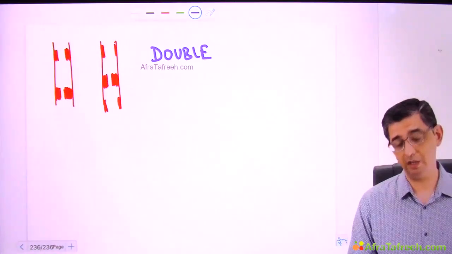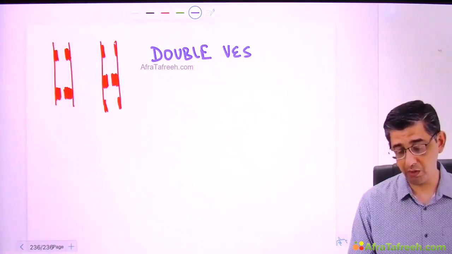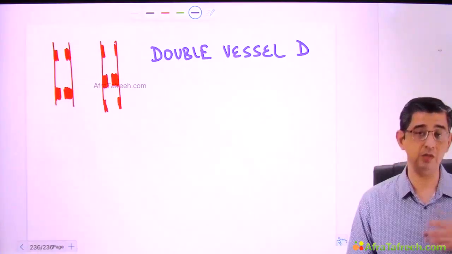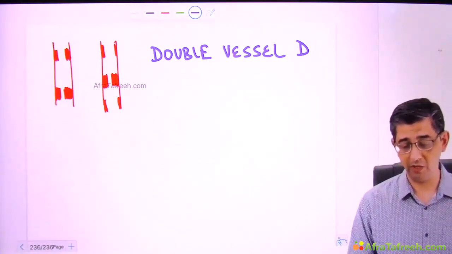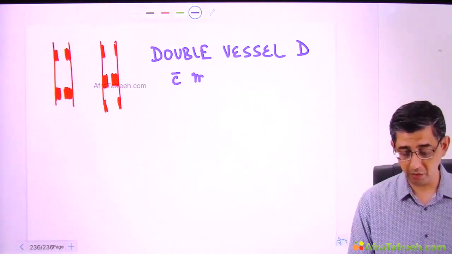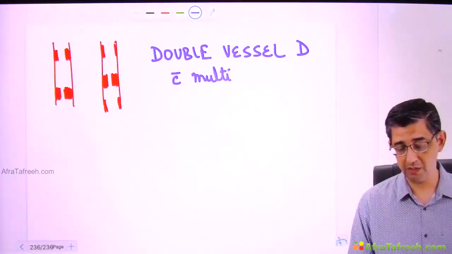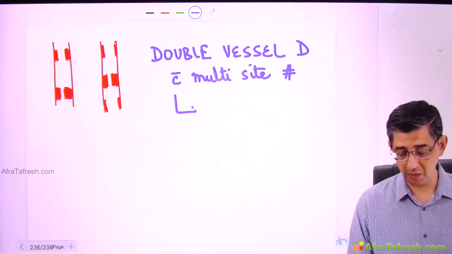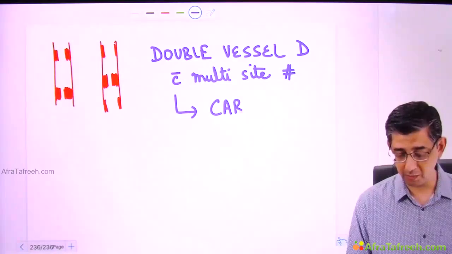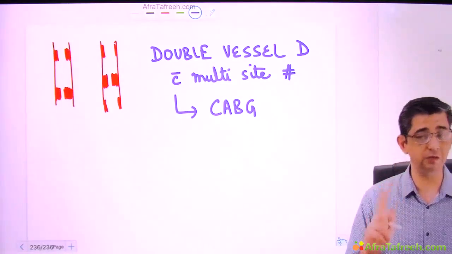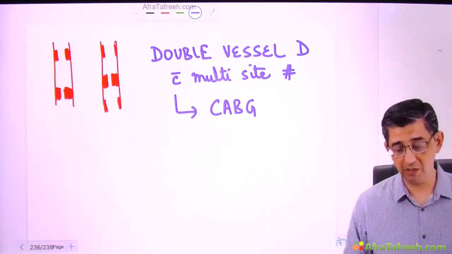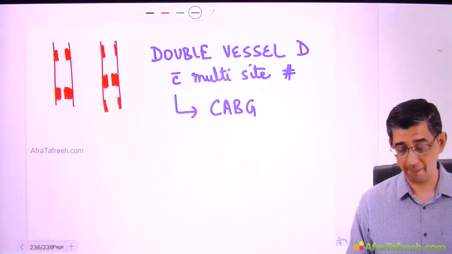Though I can say that in corrupt practice, people might be putting multiple stents even in a case like this. But since we are here to study ethics and not the wrong practice, the statement of mine that I want you to remember at this junction is double vessel disease with multi-site obstruction per se. The treatment of choice that would be recommended would be CABG, coronary artery bypass grafting. So now we have two indications for CABG, as you can recall from the previous slide: triple vessel disease and double vessel disease with a multi-site obstruction.